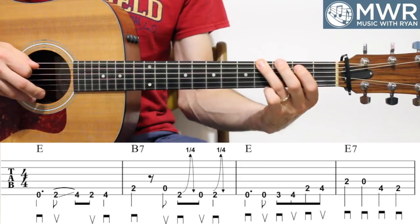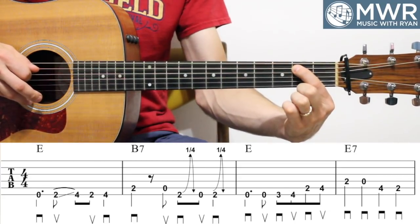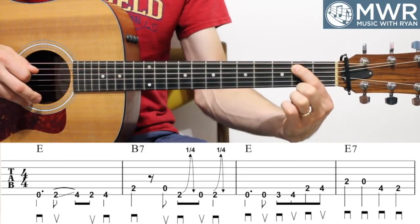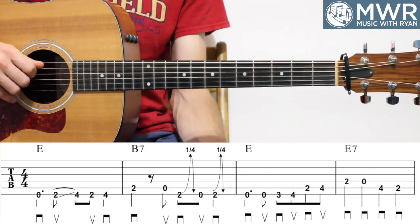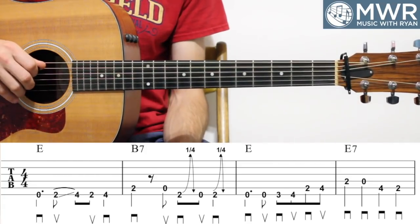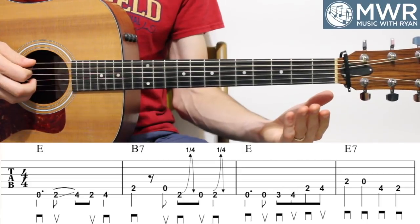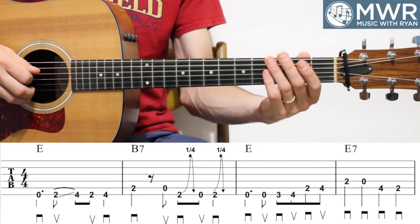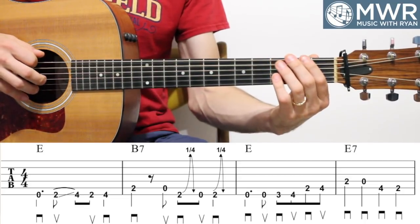And then I go to the next measure. Quarter note there on the 2nd fret of the A. And then the next marking is an 8th note rest, so we're going to put some space in between there. 1, 2, and open A on the and, on an upstroke. 1, 2, and then